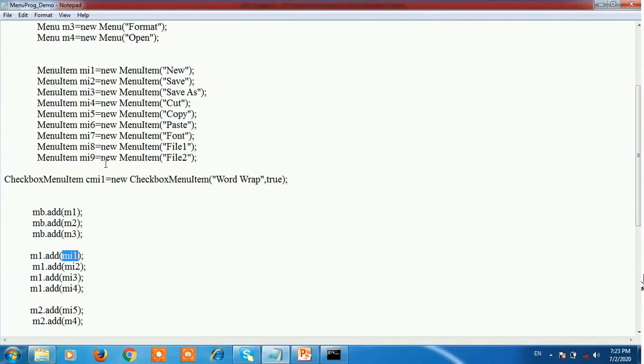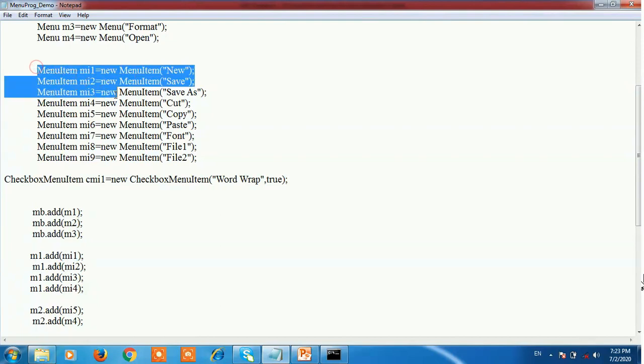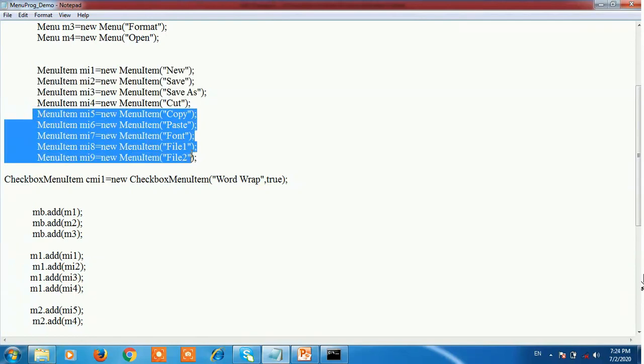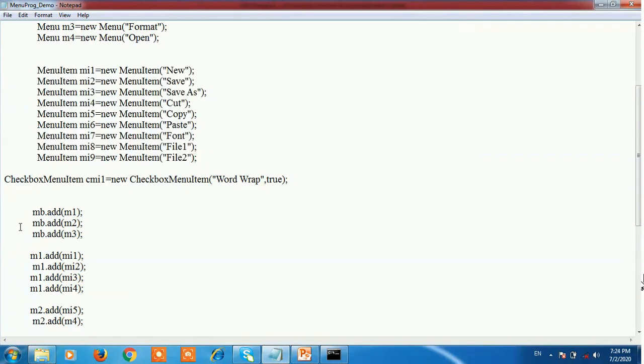Same way, we add these 4 into menu 1 and these 5 into menu 2. See here, m1.add(mi1), m1.add(mi2), m1.add(mi3) and m1.add(mi4).